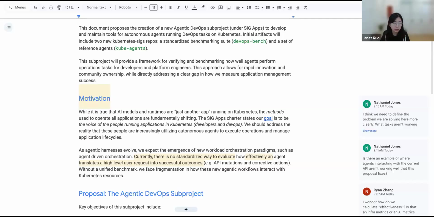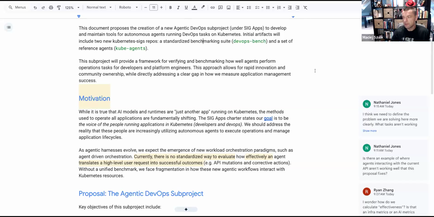Any other questions or comments? There are a couple of questions that popped up in the meantime in the doc.